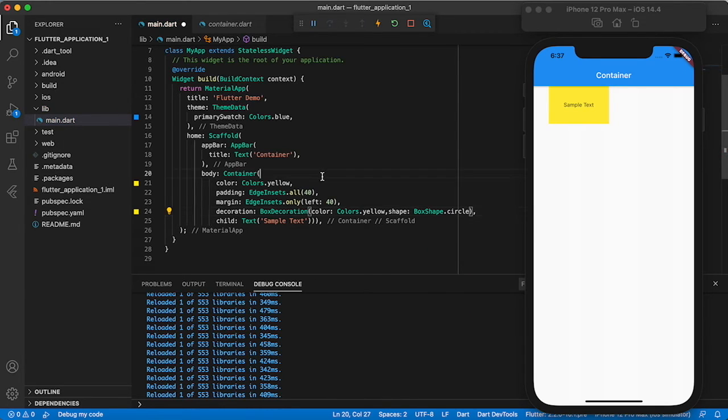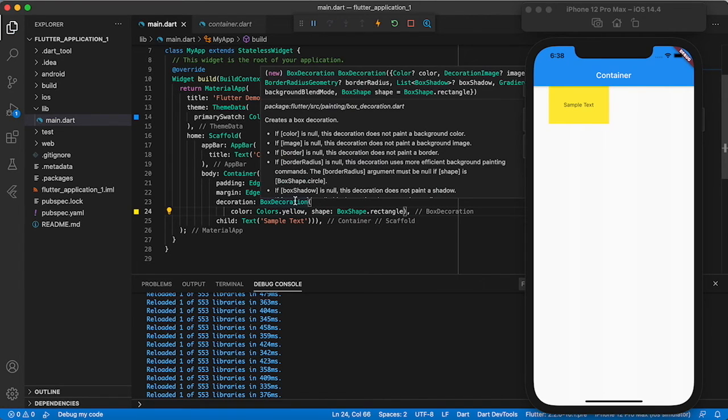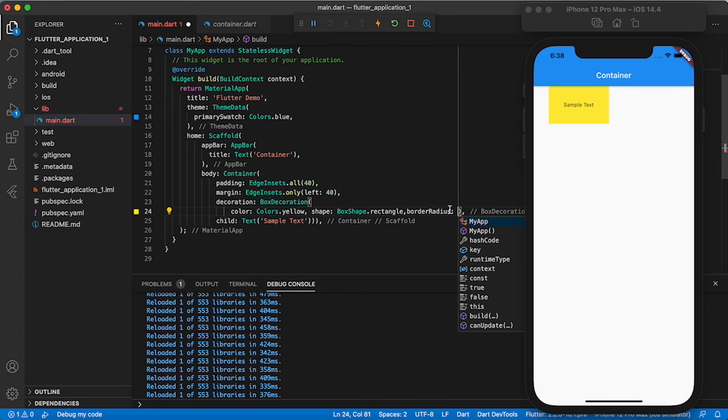I am giving the circle. Now see, the container widget shape was changed to a circle. And with box shape we can draw a rectangle also. We have so many parameters here, but most probably